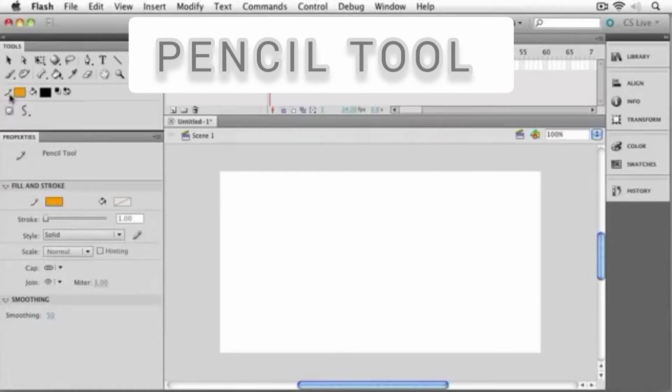Next, select the stroke color, size and style from the fill and stroke options in the properties panel. Choose the pencil mode from the tools option as smooth, straighten or ink. Drag in the stage area to draw the desired strokes.